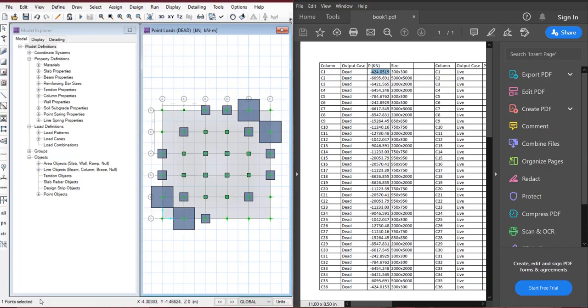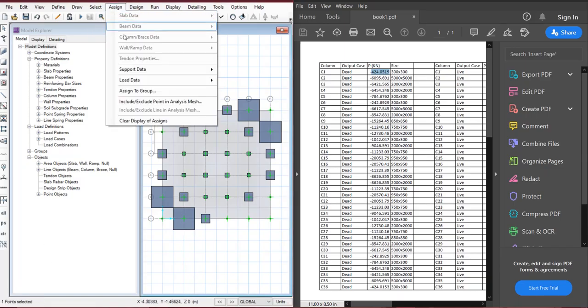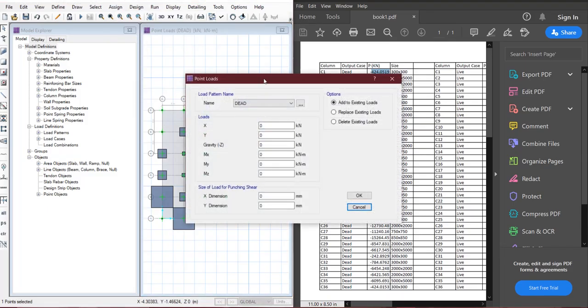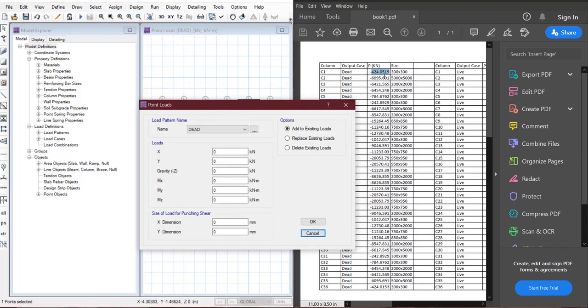Make sure that one point is selected. Then go to Assign, Load Data, and Point Load. Here, select the load which is acting on column C1, that is -424.0519, and paste it here. You do not need to add negative sign, because here as it is shown minus z direction, so you do not need to add negative sign.